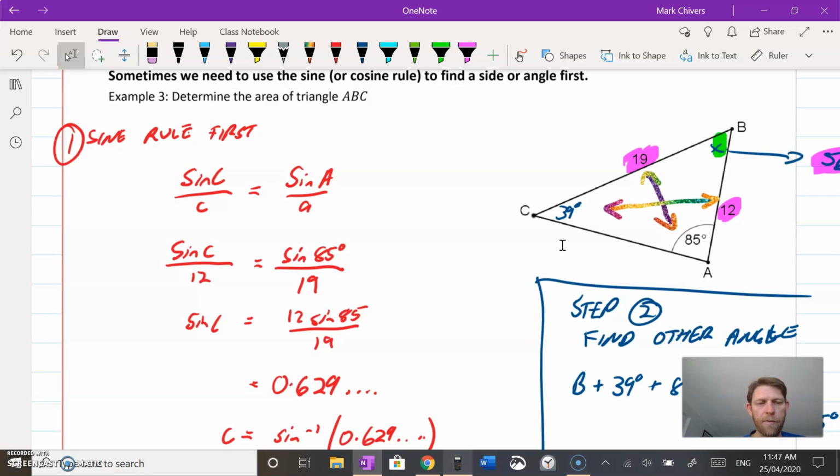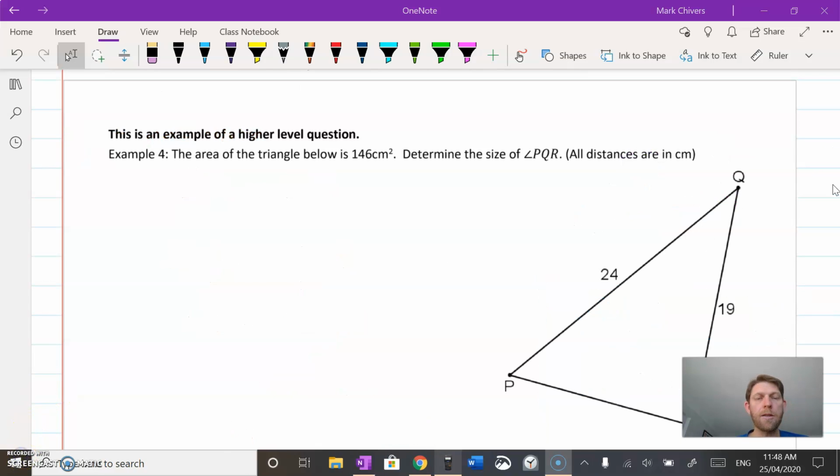Maybe right up the back of a HSC paper, you might find that one left like that, just to test out people for band 6 level questions. So the final example, it says it's a higher level question, and that's probably fair enough, it probably is. I actually think the one before is probably a little bit more difficult. But what we've been asked here is we've been given the area,